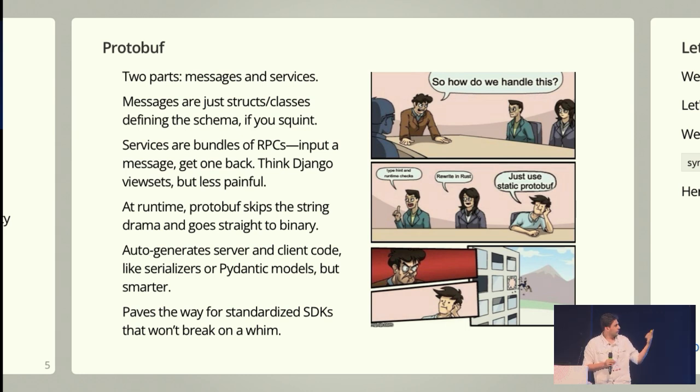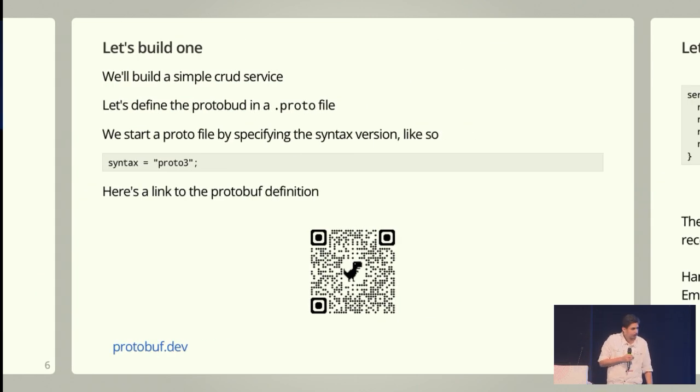So there's a meme there about what do we do about handling payload serialization. Somebody's like, I mean, that's probably me, rewrite in Rust. But protobuf can actually solve a lot of these problems natively. Cool, so let's look at protobuf. Okay, I'm taking an example of CRUD. Usually people don't use gRPC for CRUD applications. It's usually for doing some computation or some services. But I'm taking the CRUD example because that's the most analogous to REST APIs.